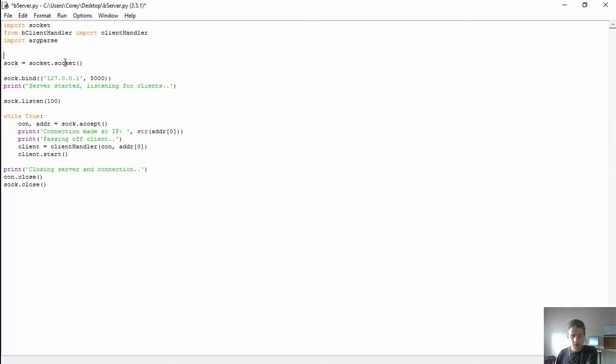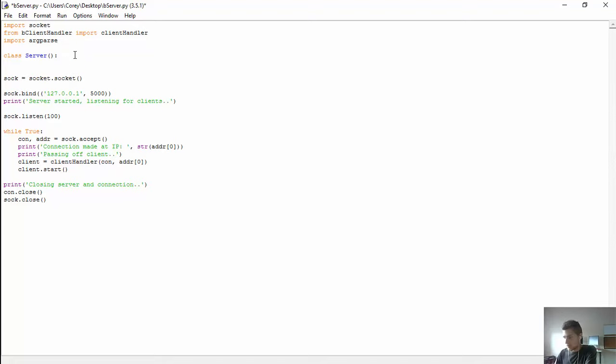So first off, I'm going to make this a class. I'm going to call it server. It's not going to import from anything. If you really want, you can import from threading or something, in case you want to have a bunch of servers running, but I'm only running one server, so I don't need that right now. So what I'm going to do is first make its